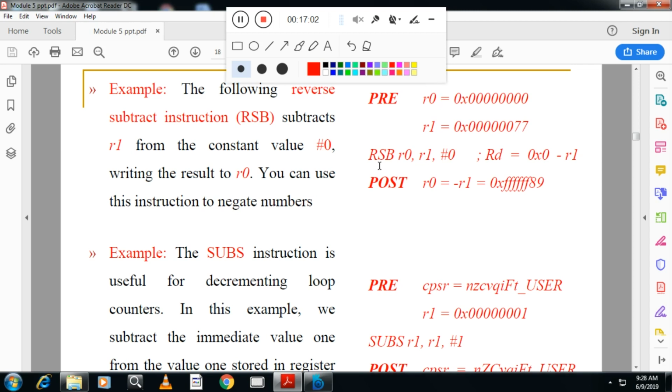The instruction RSB R0, R1, 0 will reverse subtract. That means it will subtract R1 from 0 and show the result in R0. So 0 minus R1. Now you represent minus R1